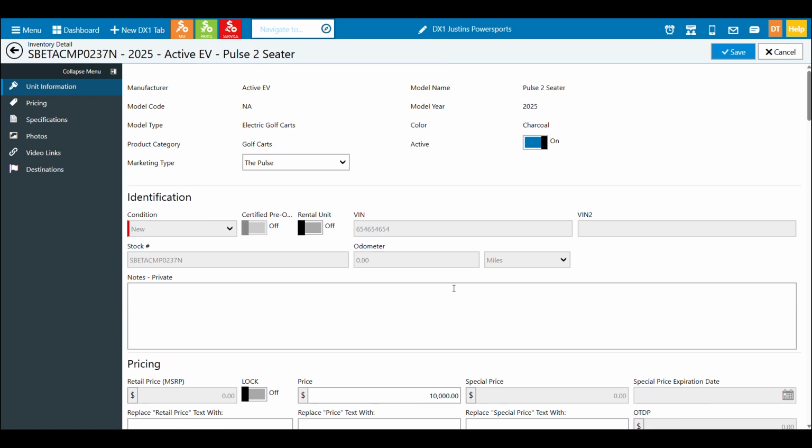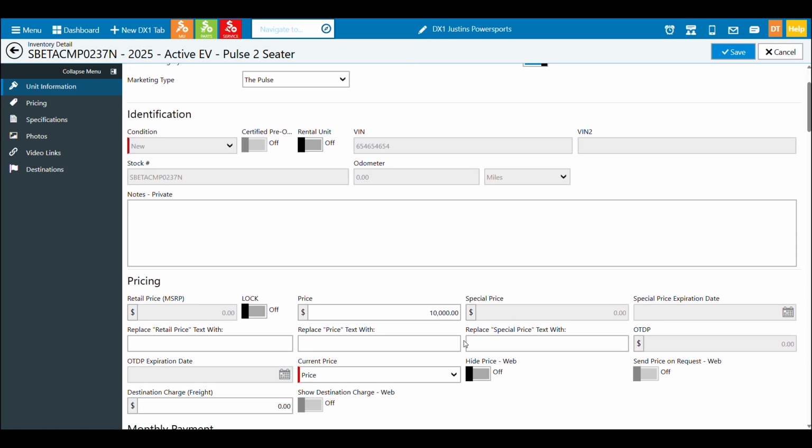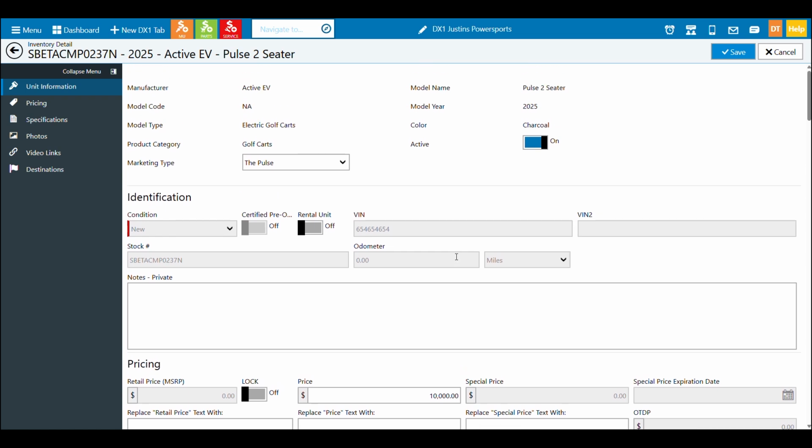Again, you can see it gives us a lot of great options to just make tweaks without having to be somebody who can go in and change hard coding, or I can change it on the unit without changing it for the models. Maybe 9 out of my 10 models I want it to say this, but for this listing I want it to say that. So great tool. Make sure you're familiar with this. If you're someone who manages inventory, manages leads, manages a website, this is a great tool to know how to use.